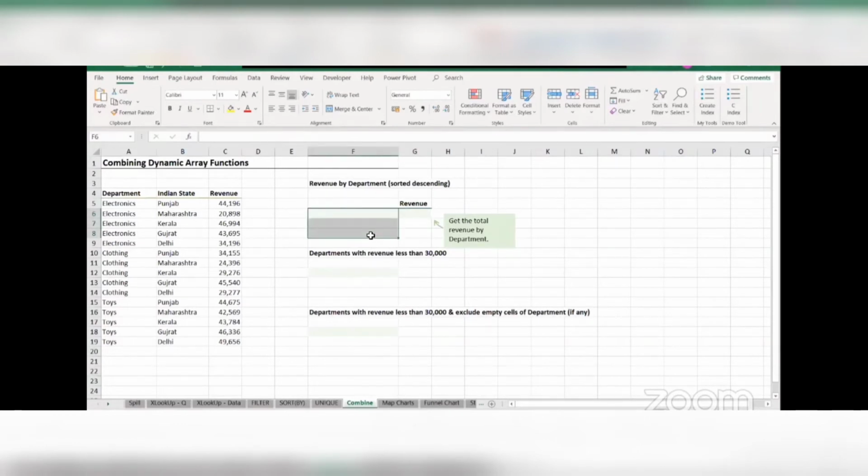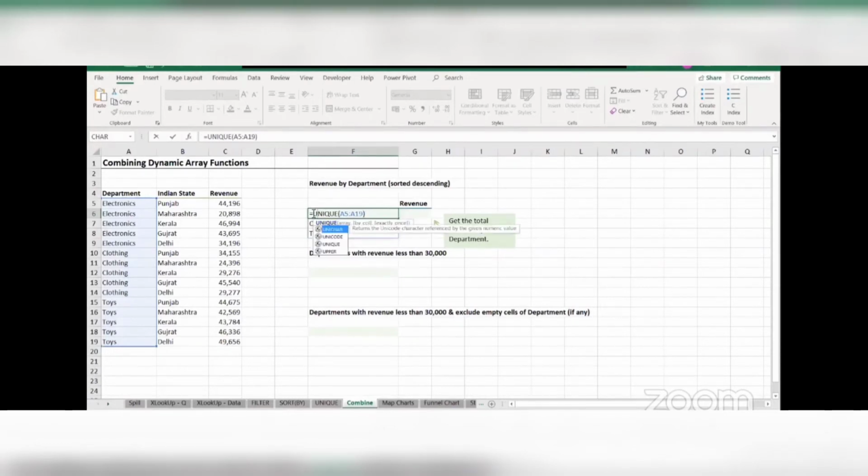So how do we find the unique list of our departments? By using the UNIQUE formula, right? So I will say is equal to UNIQUE. My array will be the entire department, right? And I can simply hit enter. And now I get a list of all my unique departments. But notice how my answer should also be sorted in descending order. So what I will have to do is go to this UNIQUE formula and sort the answer that UNIQUE gives me. So before the UNIQUE formula, I will go ahead and write in the SORT formula.